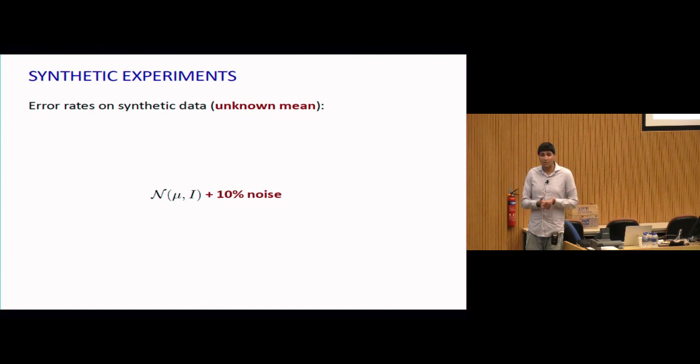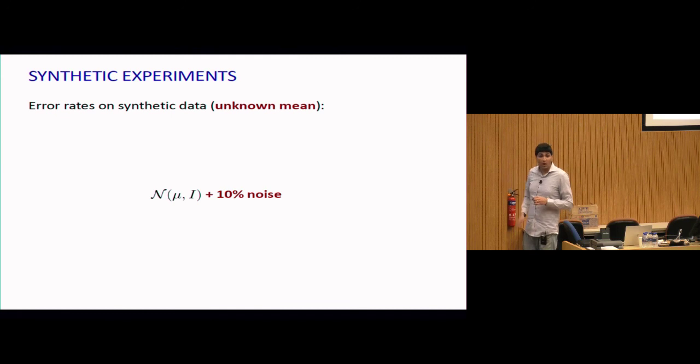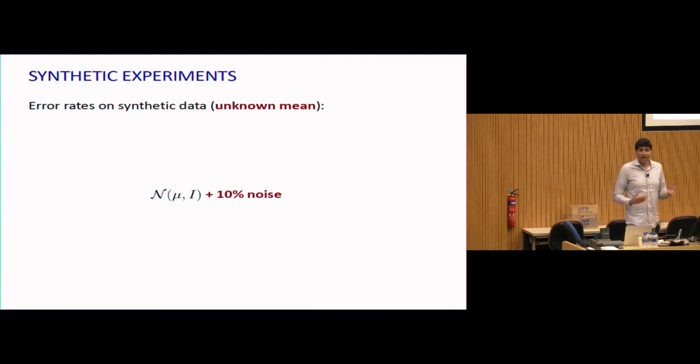So then there is a baseline truth that I've used to generate the data, and I can check how well you get compared to that baseline truth. So I can generate samples from this unknown mean case where the underlying Gaussian has an unknown mean mu, and the covariance is the identity, and I can add my own favorite 10% of noise. Now at first I thought we had to be really fancy about how we chose how to add the noise to mess up the existing algorithms.